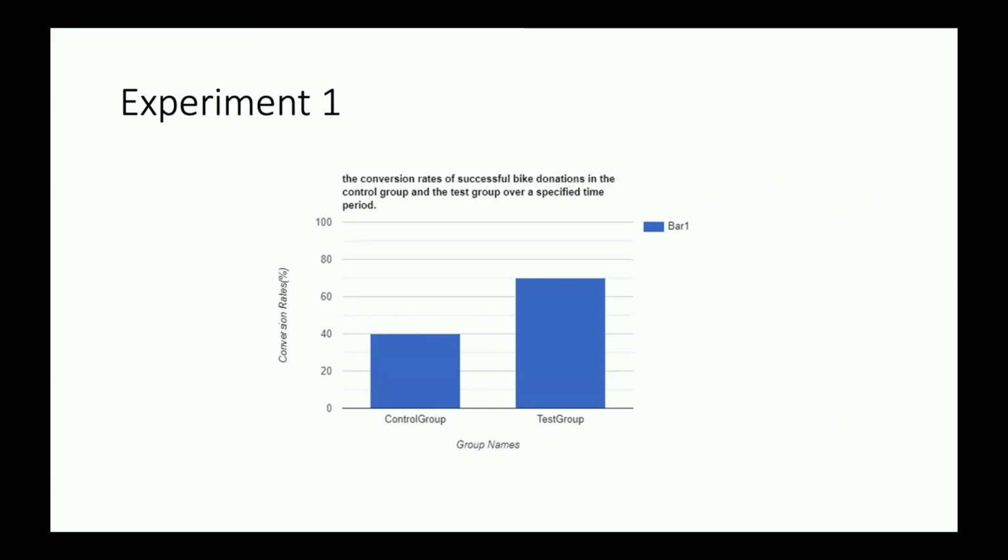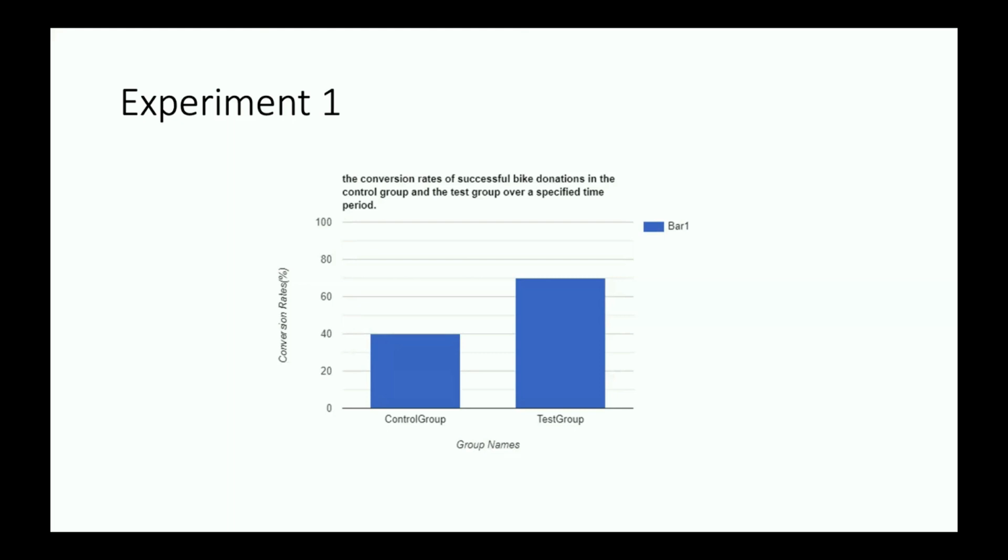It is essential that this part of the program works well because it directly impacts the success of the donation process. The goal of the program is to reduce the number of bikes discarded and help the environment, while also assisting those in need. By accurately recommending donation options that match the user's preferences and needs, the program can increase the chances of successful bike donations and further contribute to the goal of reducing waste and improving the environment.